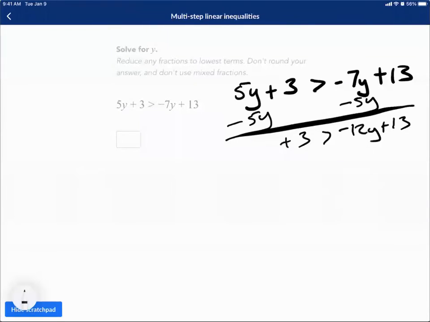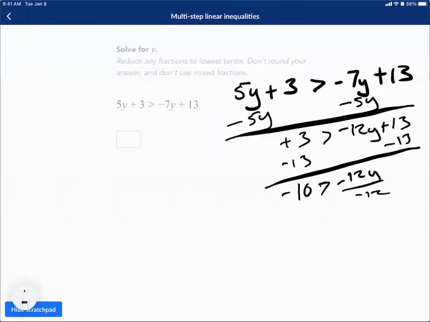Now we can do the next piece, which is going to be negative 13. So positive 3 minus negative 13, or what basically would be a negative 10. And then we would all have the negative 12. So we have to remember that we're still going to have the y. We have a negative on this side. And I remember them saying something about when you have the negative on one side, you have to flip it. So this will mean that we would have